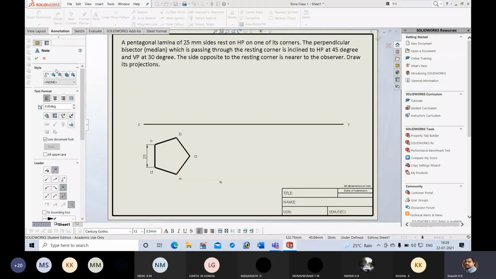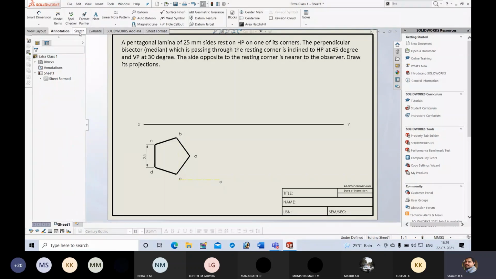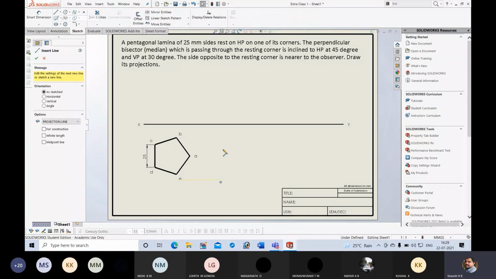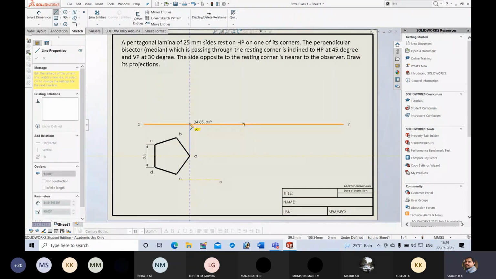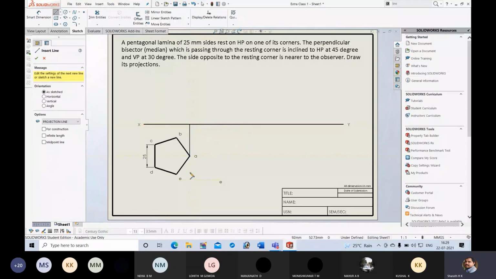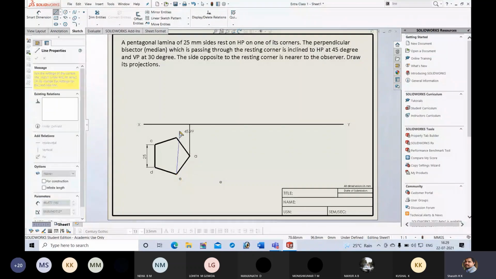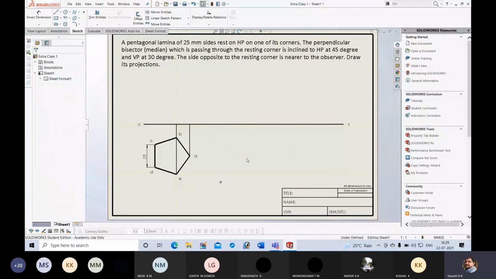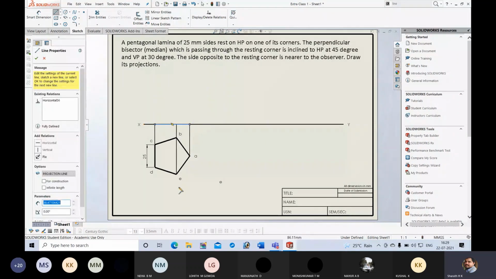Next, I will project the points. Again, sketch line command. These are construction lines, so thin lines. Next, I will connect this point to this and increase the thickness to 0.1.